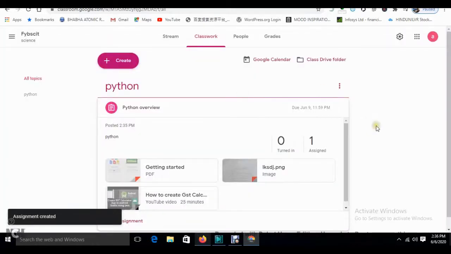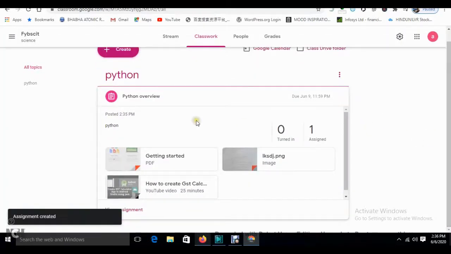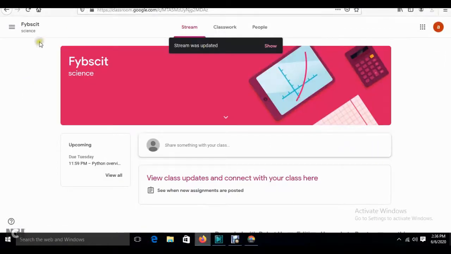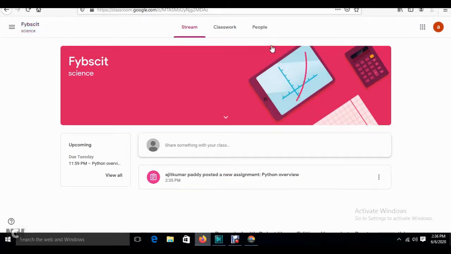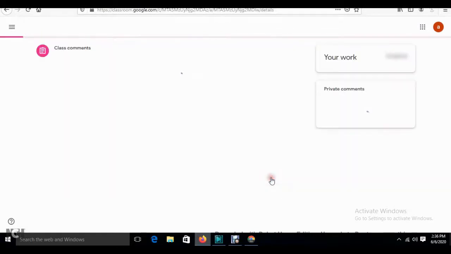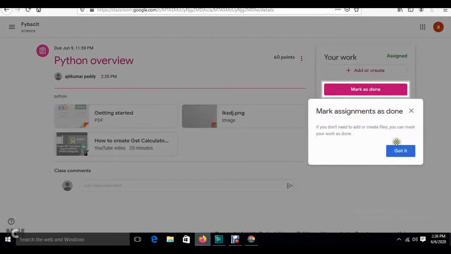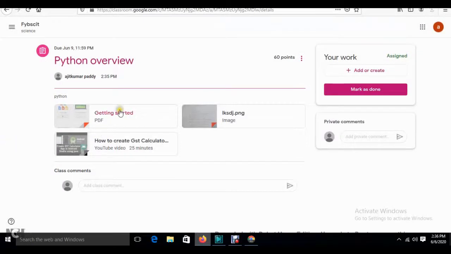See over here it shows like this, and it is enabled light. It was disabled light, now it is enabled light. Now I will go over here and check whether the assignment reached or not. This is the students portal. See over here, this name posted a new assignment. We'll click over here and check this. Okay, see, this is viewable.